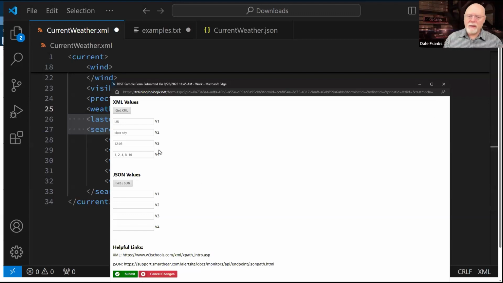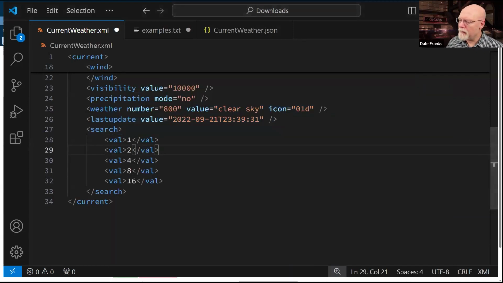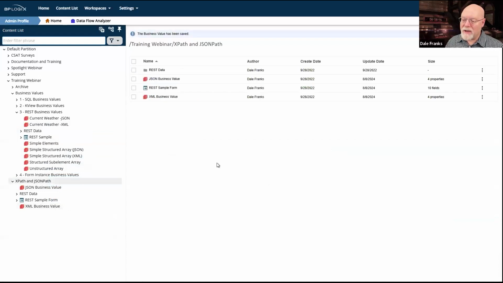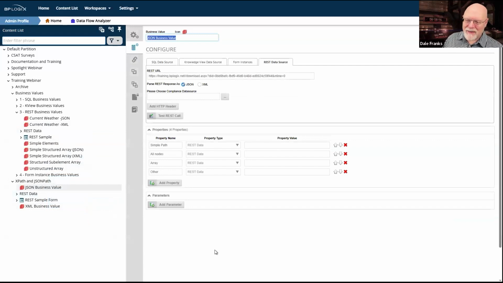JSON path works a little bit differently. So let's talk about JSON path. So once again, I'm looking at the sample data in my, let's hit OK. Actually, I probably should have erased everything so it was already reset for next year or whenever I talk about this again. But let's look at our JSON business value. Basically, same thing, so we don't have to cover any of these basics. However, this time I have something completely different that I have to do for JSON.